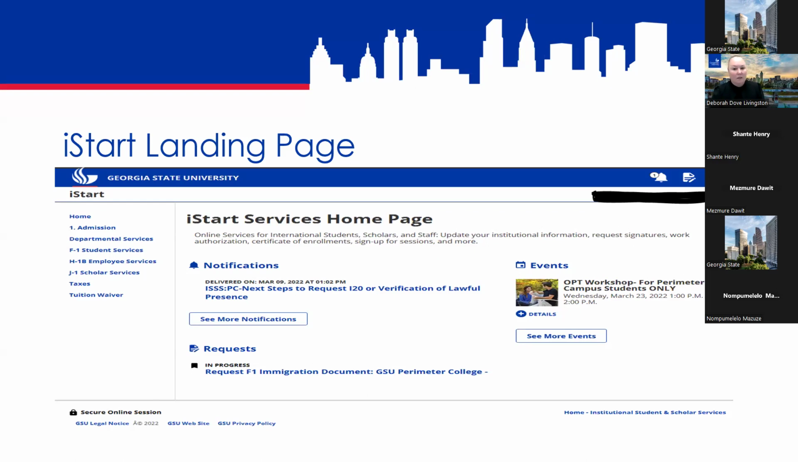If you've been admitted to both the Atlanta and the Perimeter College campuses for the same term, then you will see both GSU main campus and Perimeter campus under the iStart home in the upper left corner. And you'll also have a request F1 immigration document for the GSU main campus and the GSU Perimeter campus under request. So it is important that you select the right campus profile and complete the e-form or the e-forms under